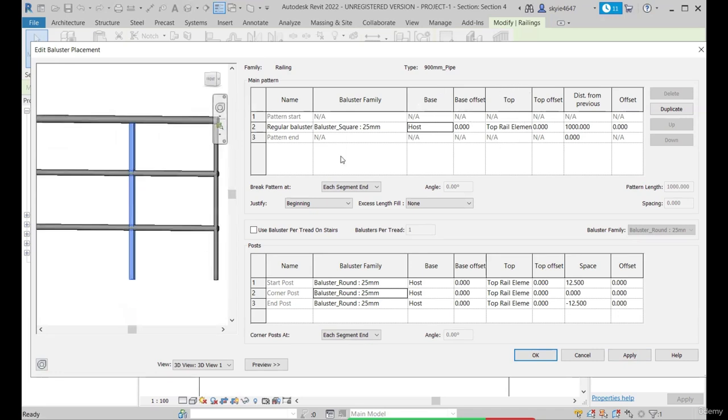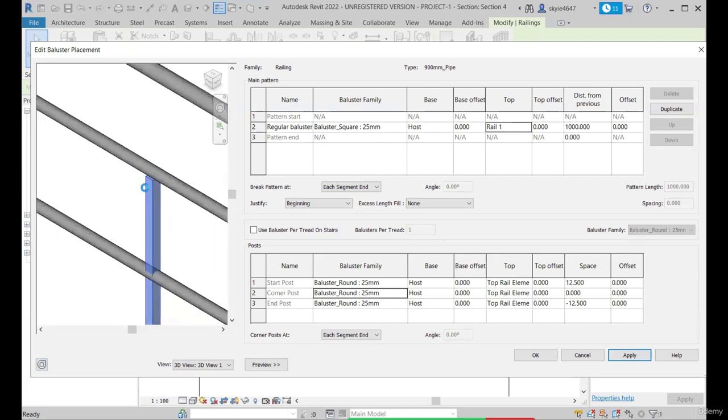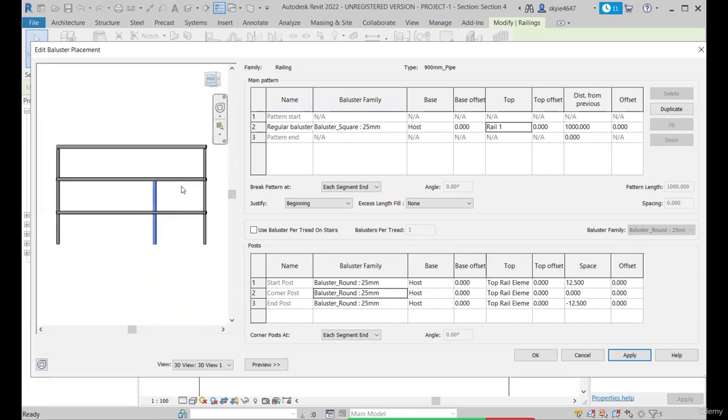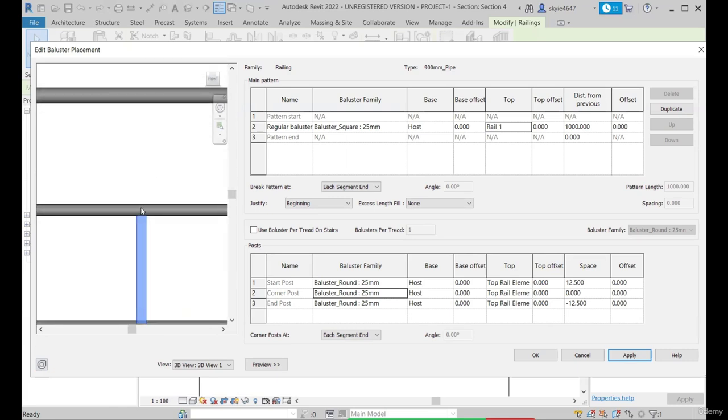So top is top rail element. If you don't want the top here, you can change it anyhow. If I want my baluster top to be present here, I can use the rail 1 here and apply. So it's changing. Okay, if I want to extend my baluster by 200 mm beyond the rail 1,